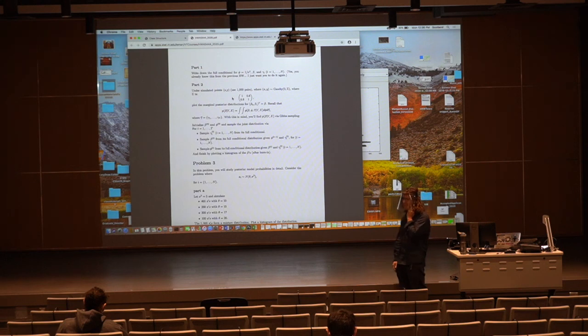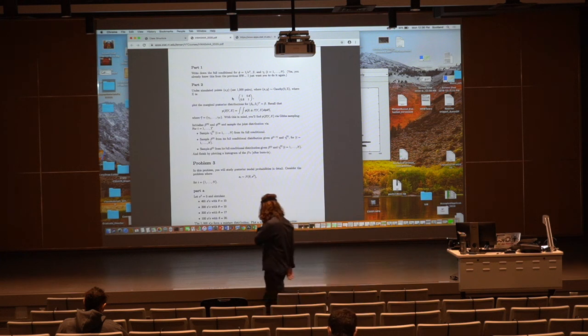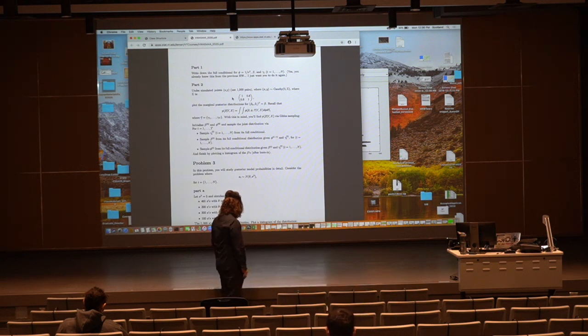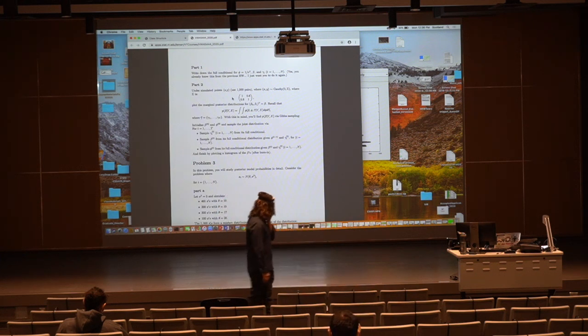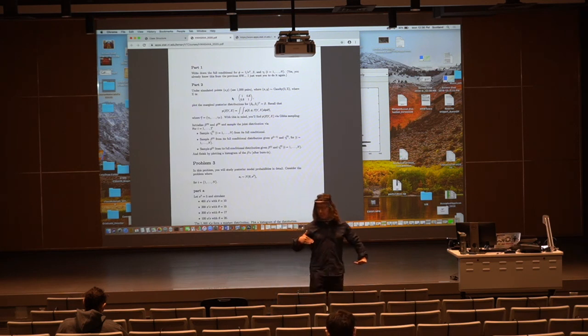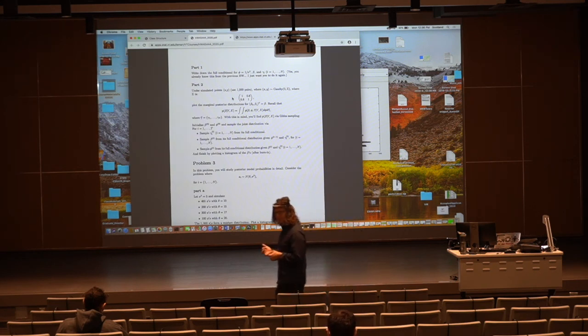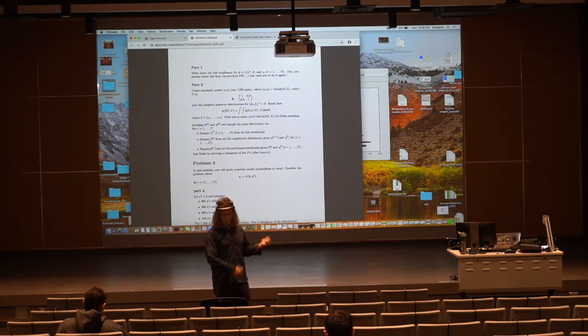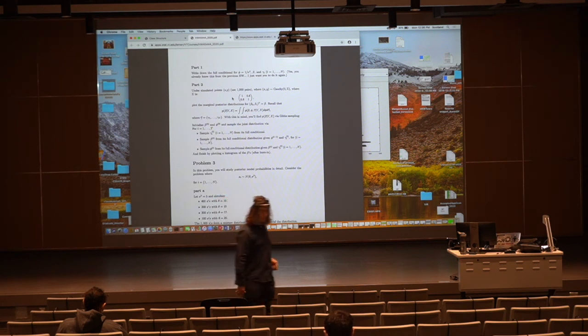Now I want you to implement the Gibbs sampler for everything. So you've written down the full conditionals. You'll have all your full conditionals for the gammas. You'll have your full conditionals for the betas and the phi. I want you to fit that regression line to everything. So you fit the wrong regression line to it, but it gets steered by your outliers. And let's see how the regression line looks under this Gibbs sampling thing.